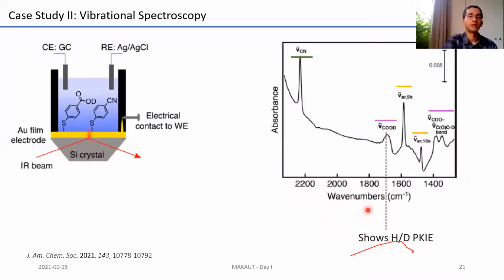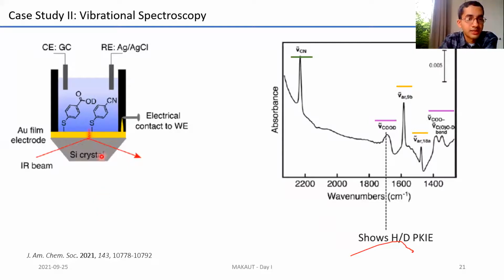So this is a report, very recent, that came out last month in the Journal of the American Chemical Society. And this was a report by 3 groups, one from Yale University at New Haven, Connecticut. Another was from the University of Basel in Switzerland, and the other one was from British Columbia, in Vancouver, Canada. So there were 3 authors in the paper.